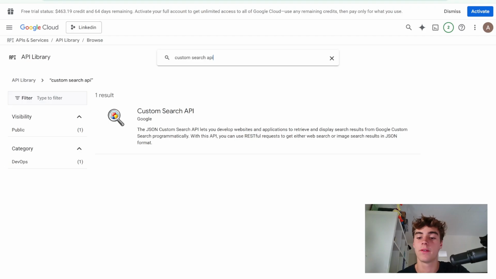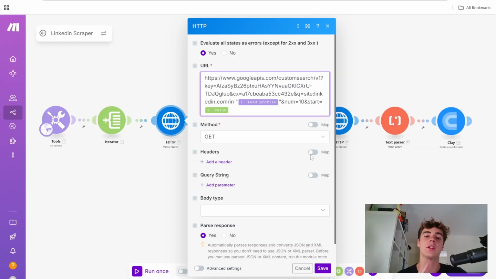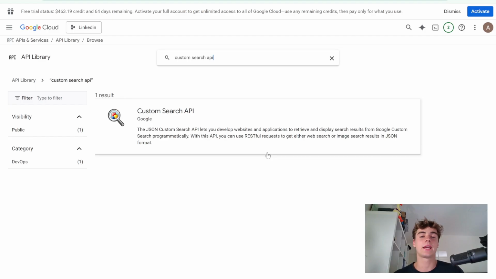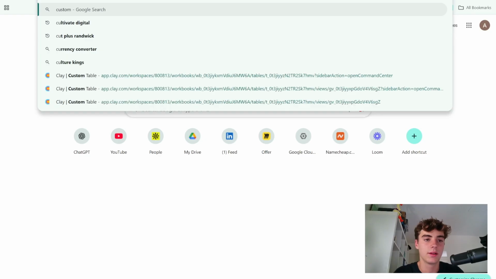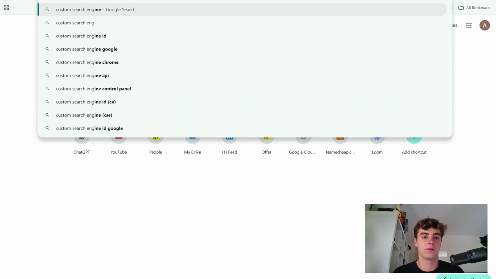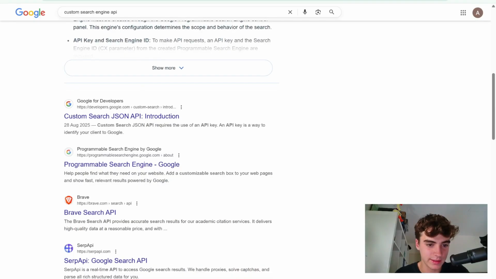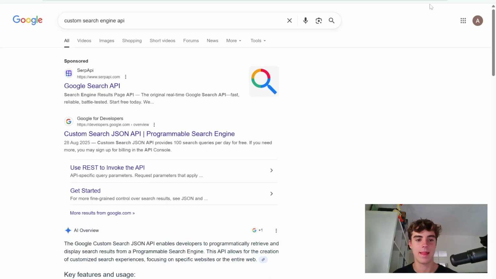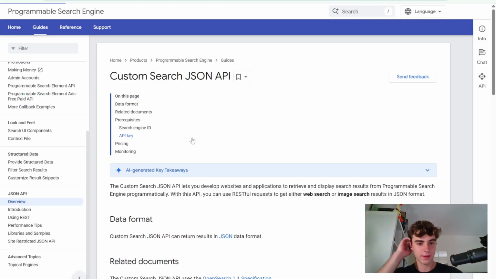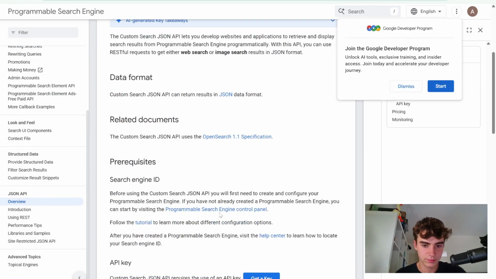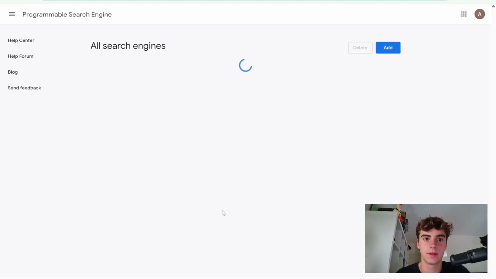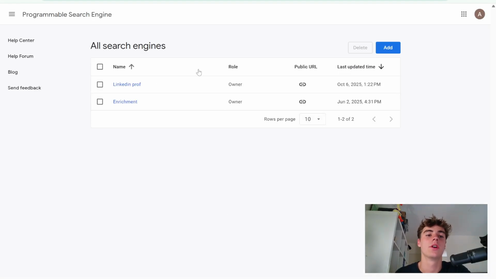You need to get your API key, obviously, and there is one more step, and you need to configure your search engine or something like that. I don't know if I'm going to be able to find how I did it, but this might be it. Yeah, here we go. Okay, so you want to come to this URL, programmable search engine, and you want to go add,